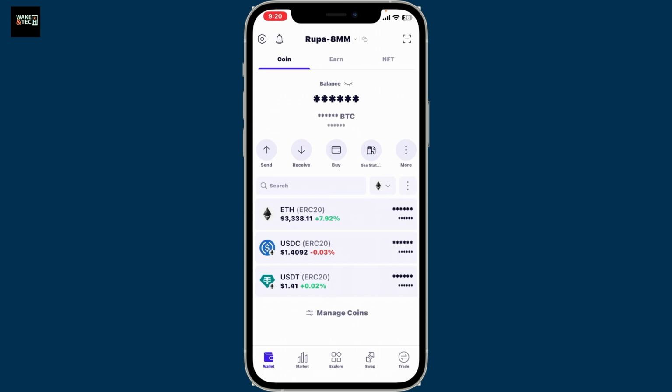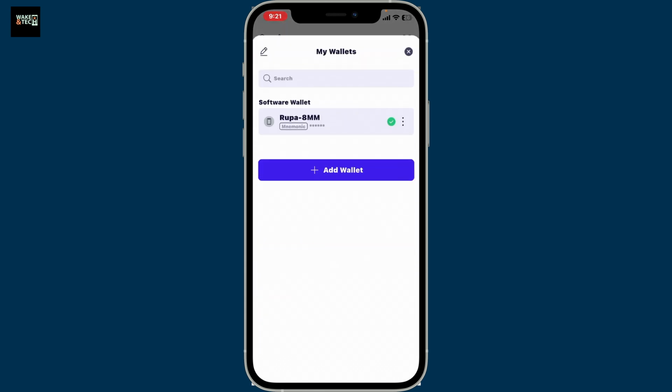Once you're inside the main homepage of your SafePal wallet, go ahead and tap on your wallet name at the top of the screen, and then from the My Wallets tab, click the three dots right next to the wallet you want to remove. Before you remove your wallet, make sure that you have backed up your seed phrases or